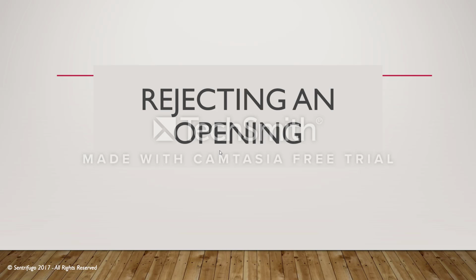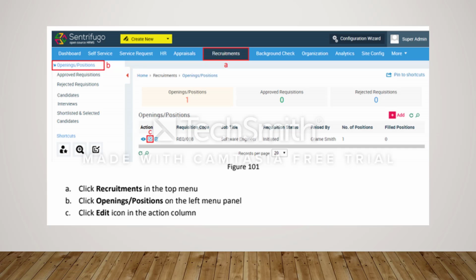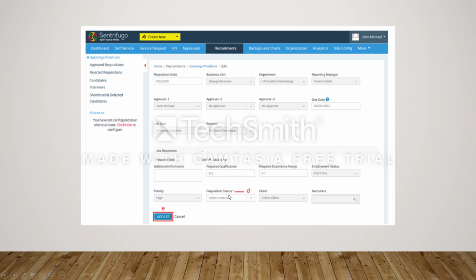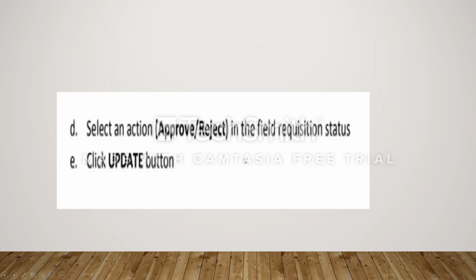Rejecting an application or an opening. So again, we'd go to recruitment, we'd go to open positions, we'd click on actions, and then you would click on the open postings or positions, and you click the edit menu. And then obviously you would go down to the requisition status, you would change it to rejected, and then you would click update. Again, clicking update is key, because if you don't, it's just going to sit there, and then